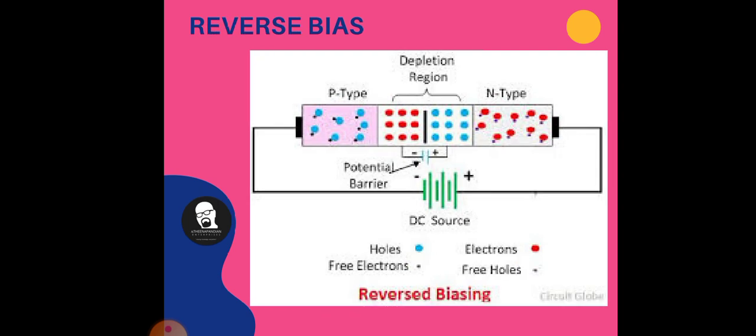Now this is the picture of reverse biasing of the diode. The p-type semiconductor is connected to the negative terminal of the battery, and the n-type semiconductor is connected to the positive terminal of the battery. So instead of recombining with each other, the p-type charge particles, that is positive charge particles, get attracted toward the negative terminal of the battery, and electrons from the n-type semiconductor get attracted to the positive terminal of the battery, right? So instead of recombination, the charged particles flow towards the battery terminals, so the width of the depletion region is increased, and very little current will flow through the junction.